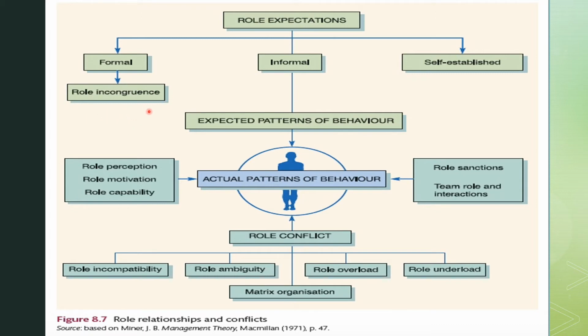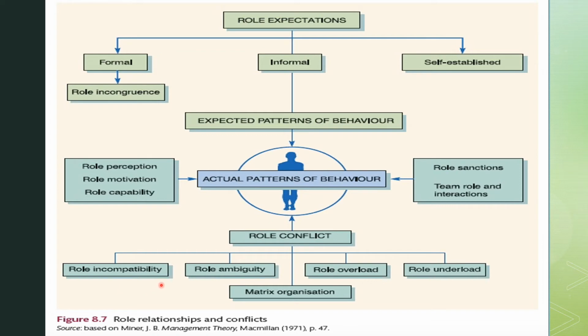In a formal, you want them generally together, so I'm not sure why that is included. So jumping down to expected patterns of behavior that leads to a person, and these are coming from the sides into her or him. Role perception, role motivation, role capability, role sanctions, team roles, role and interactions, and then role conflict coming from above,